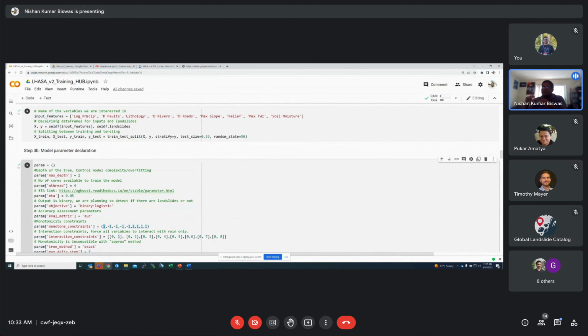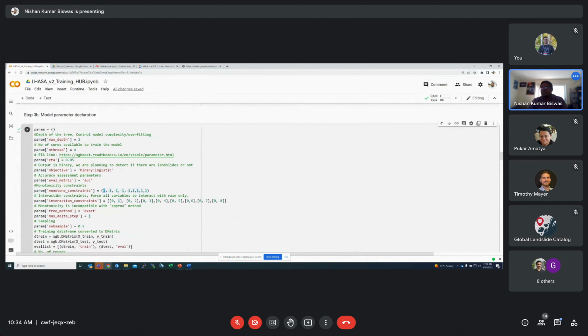So when precipitation is higher, there is a higher chance of having landslides. If you see -1, that means the relationship is inverse. That means if the distance to flow faults is higher, there is a lower probability of having landslides. So this is how we define the monotone constraints, and the interaction constraints here define the rule that the